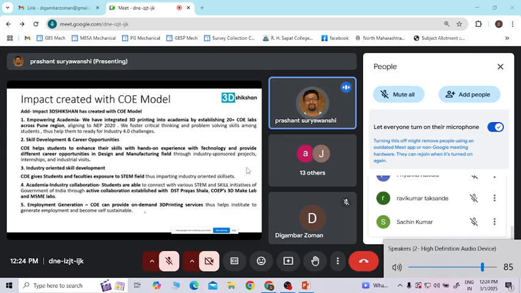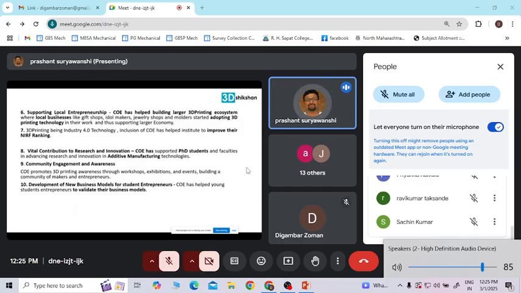There are a lot of bureaus which give on-demand 3D printing services, like 3D shapes and all. There are institutes also at global level where you just upload your design and they print it. So if your institute is doing that kind of thing, then for the nearby area you can provide the service and earn also on that. So employment generation will also take place. It is also supporting local shops, like a gift shop, personalized gifts, idol makers.